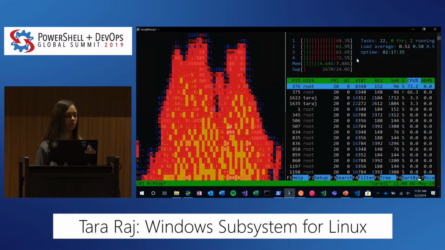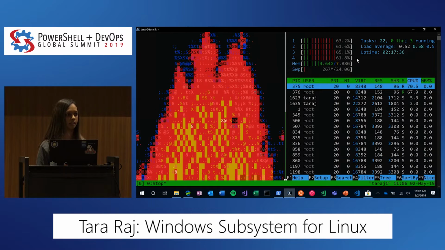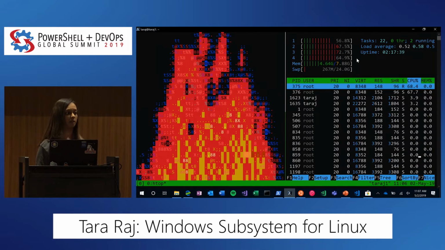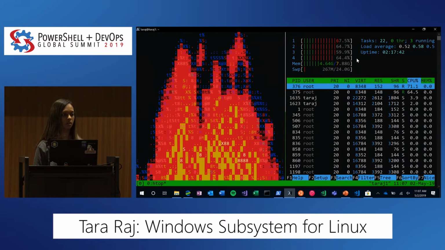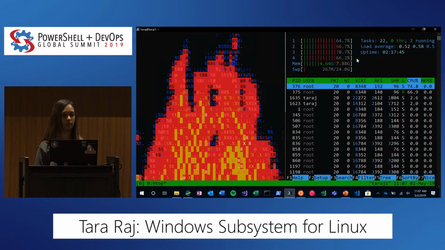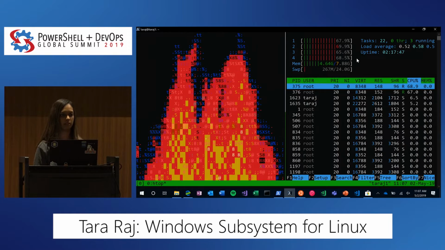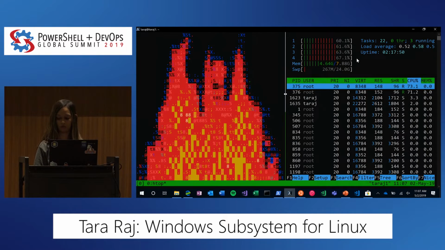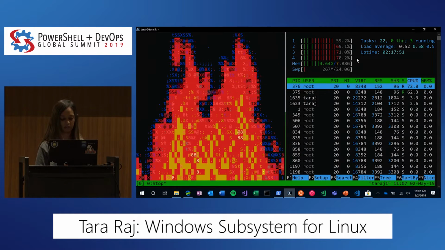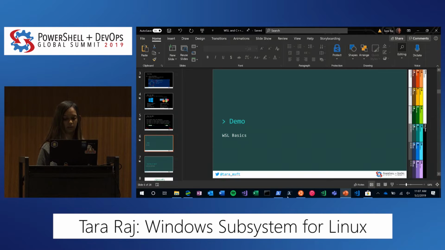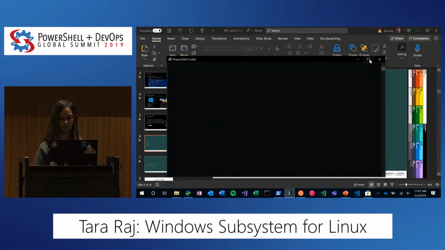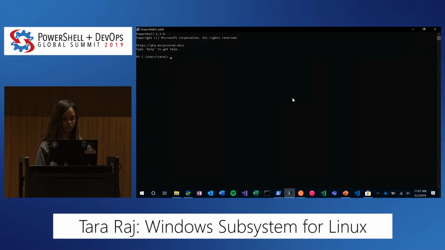Something that's actually really neat about WSL is that you can run processes in the background now. And this was something that we released late last year in our fall update, that you can actually attach a background process. So now I'm going to exit out of this, close my window, open it back up, and so now I'll launch WSL again,